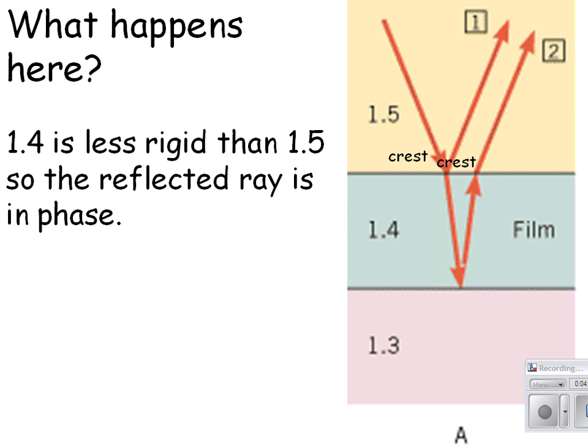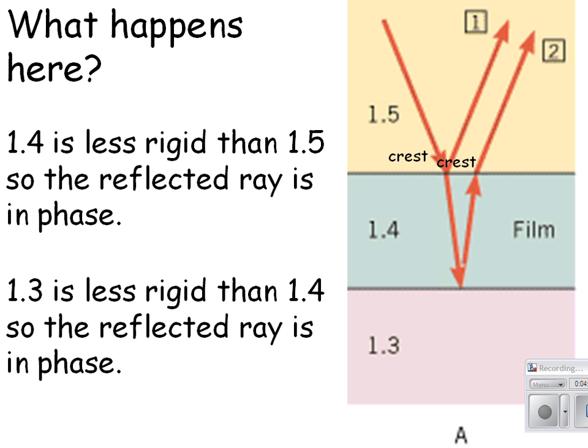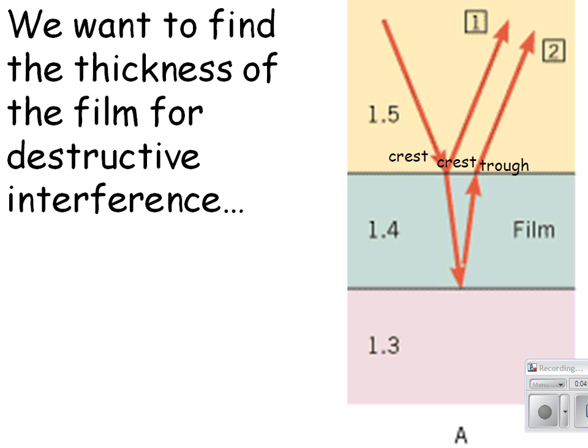1.4 is less rigid than 1.5, so the reflected ray is in phase. It's a crest and a crest. And 1.3 is less rigid than 1.4, so the reflected ray is in phase. Now, one of the things that we calculate all the time is we want to find the thickness of film